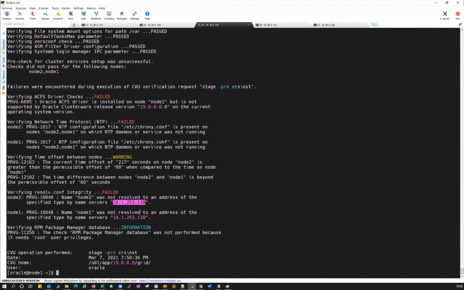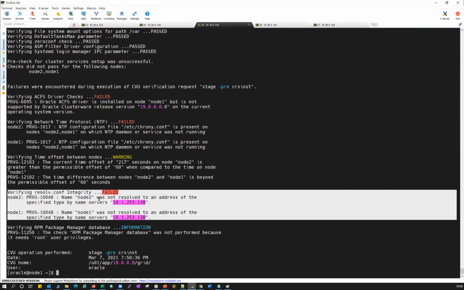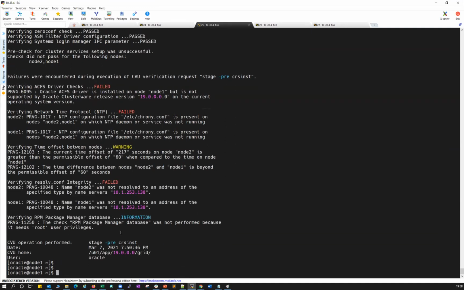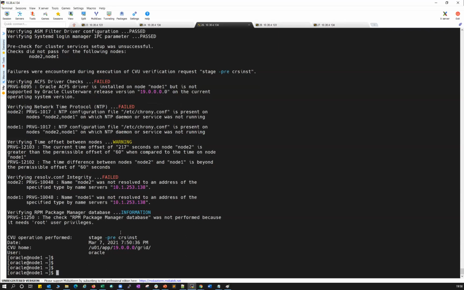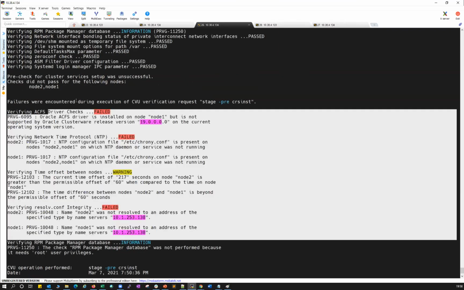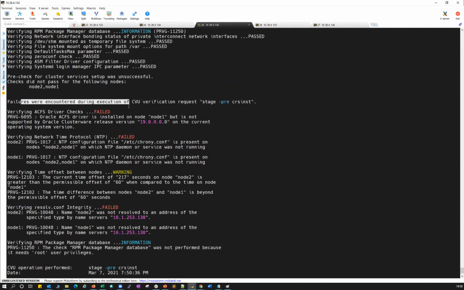Again, as I said, this is my lab environment, so this network can be ignored. So with that, we are done with our cluvfy pre-check. This is going to be one of the critical checks. You have to make sure all the error messages are fixed, and you should get a cluvfy pre-check successful message. Then only proceed with the grid upgrade. Otherwise, don't ever proceed with a grid upgrade if you're seeing any of the fail checks or warnings.